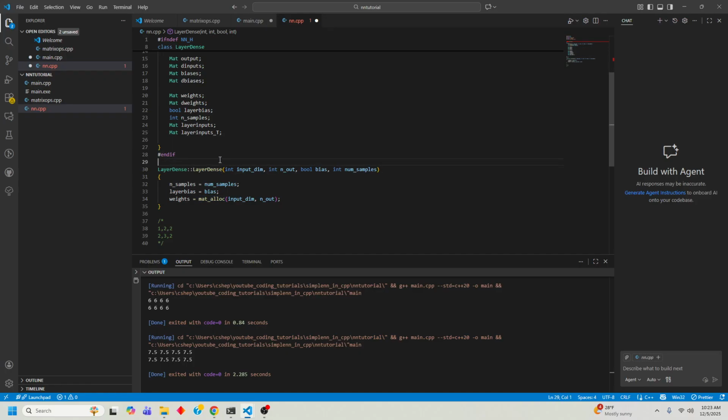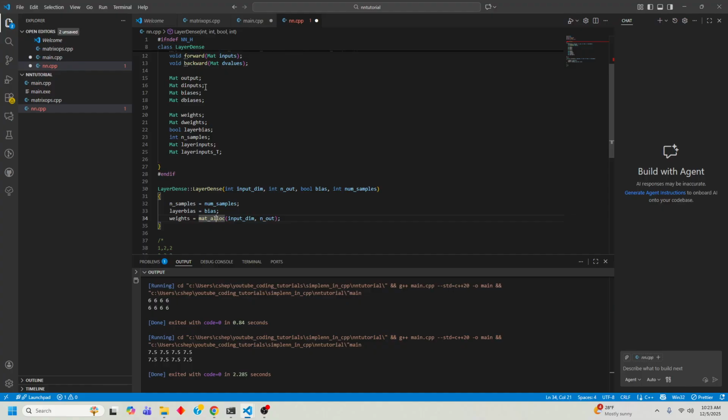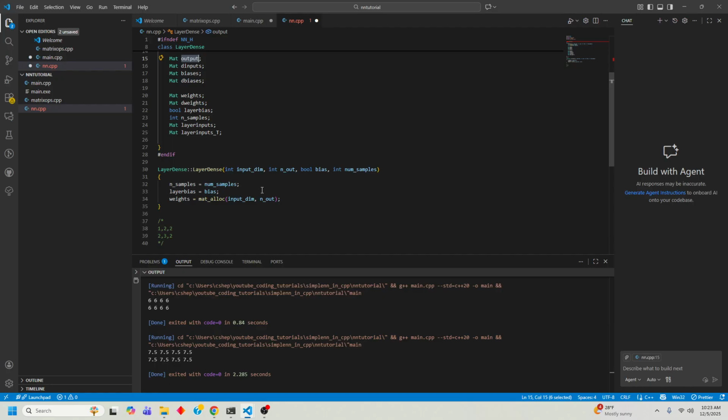Well, for the weights themselves, you would create them here anyways, but something like the output, I'm going to create that here, allocate it here in the constructor,